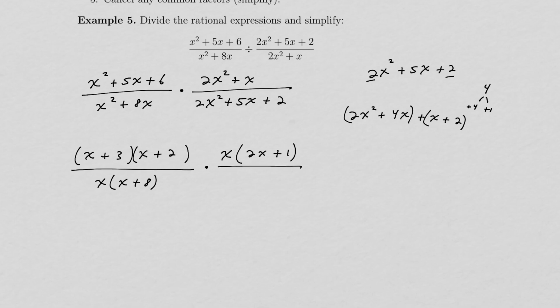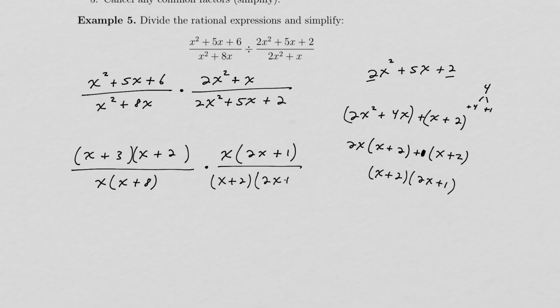take whatever I can out of the first, so I can pull out a 2x, and I'm left with x plus 2. And then I want to be left with an x plus 2, and actually I already have one. So what am I factoring out? Well, essentially, and it's already there, just not written, you factor out a 1, which means you really didn't do anything. You factor out a 1, you're left with x plus 2. So now that x plus 2 is common to both terms, I can pull it out front, and I'm left with 2x plus 1. So this denominator factored into x plus 2